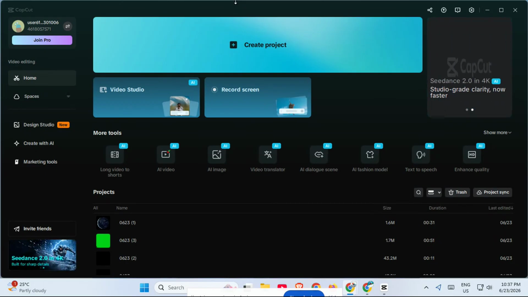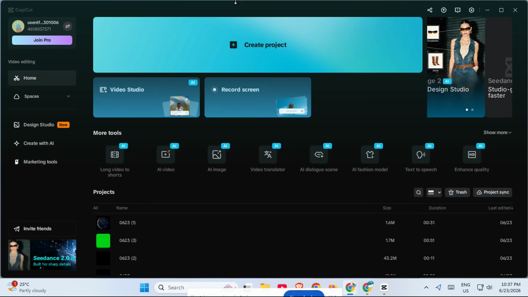a network connection issue. So before you reinstall the app, try these quick fixes first,